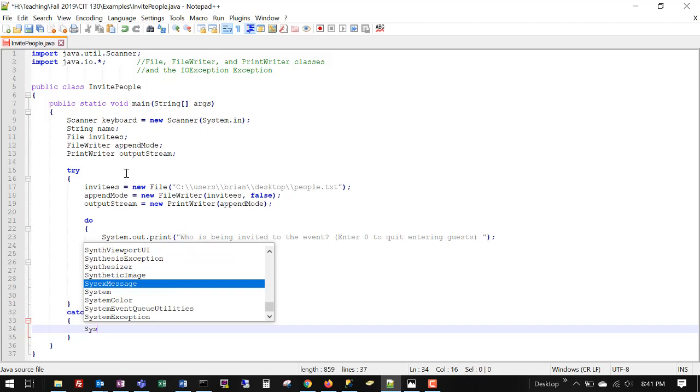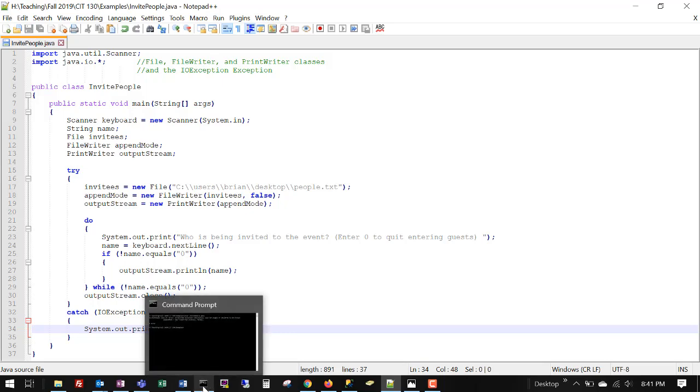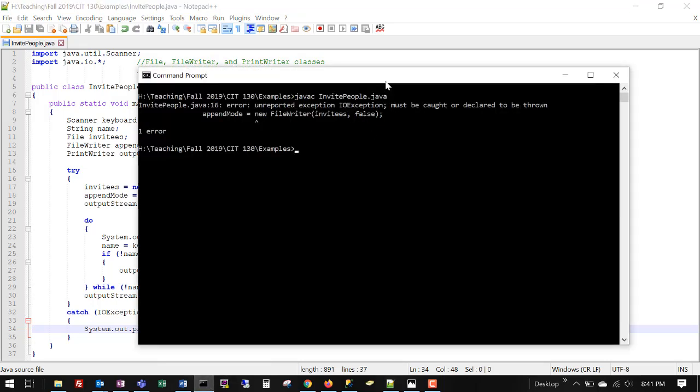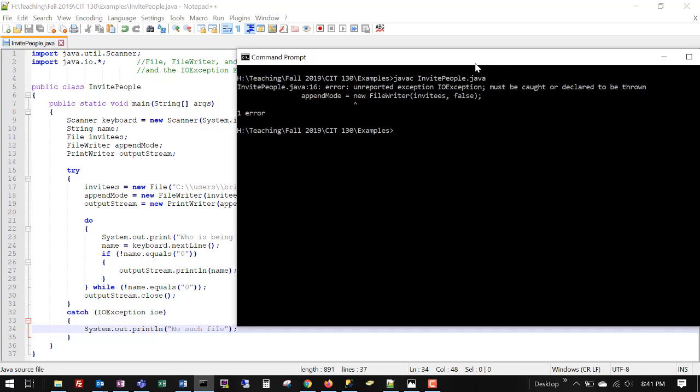print out some kind of message, we'll just say system.out.println, no such file, like if there's some kind of issue creating the file of some sort. So we'll say no such file, create that as an error, and we'll display that for the user, and we'll know that there's something happened with creating the new file to write